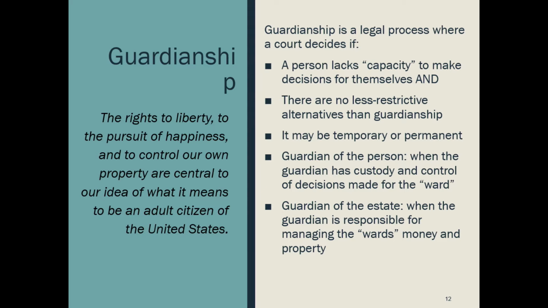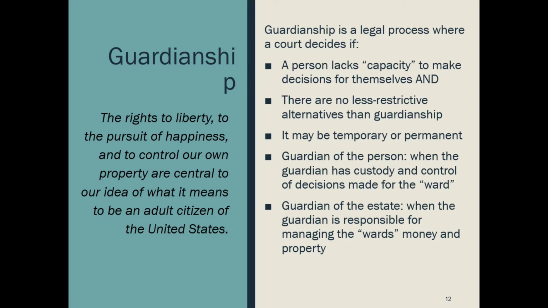So with guardianship, the court is involved. There's an attorney for the person with a disability called a guardian ad litem, as well as an attorney for the family, if that's who's seeking guardianship. And the court makes a determination of incompetence on the part of that individual. The court is supposed to consider if there are less restrictive alternatives available, such as some of the other tools that I had talked about, and increasingly there's education for judges and for attorneys on what this means, because there isn't really clear guidance in law about what that should look like.